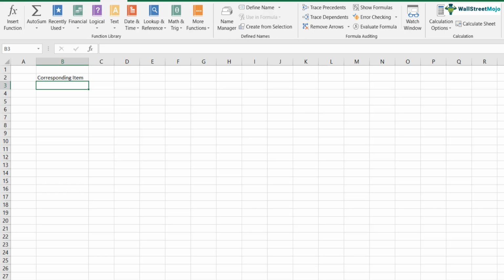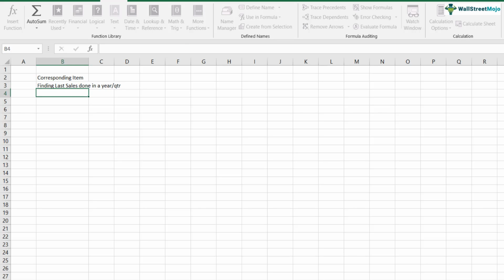If you have a database monthly or yearly, you want to find out yearly what is the last item for that particular sale done for that particular year, you can use this function to find that out. Finding the last sales done in a year, quarter or month.